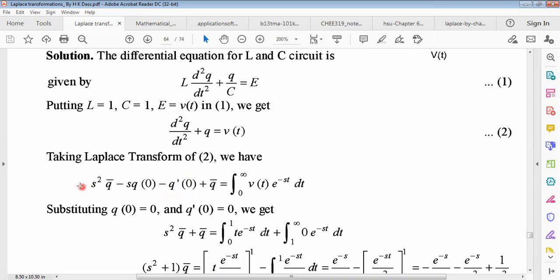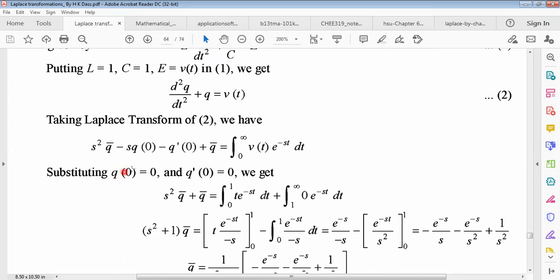You must know this from the theorem of differentiation of f(t) by using the Laplace transform property. This is an important property we discussed in the previous lecture. So plus Q bar, and what does Q bar mean? Actually the Laplace transformation of Q(t), because we are taking Q as the dependent variable. Remember it. And the Laplace transformation of Bt will be, according to the definition, f(t) means what? Bt, e to the minus st dt.